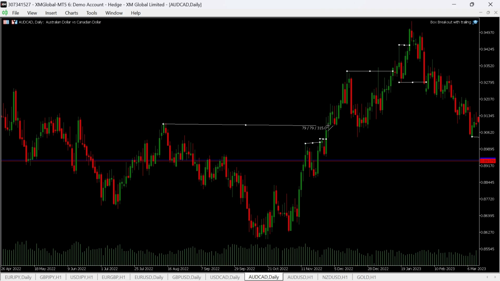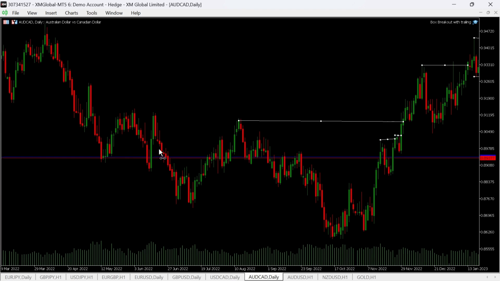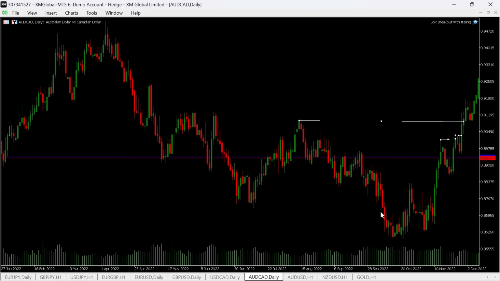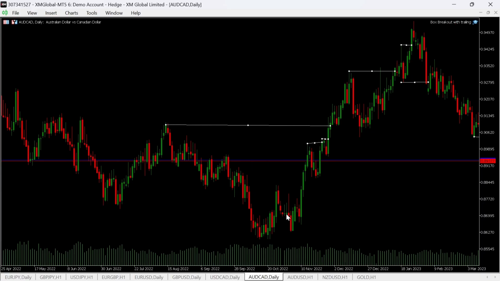Change of structure, or some call it market shift, because trend changed from a downtrend to an uptrend. As we can see, price broke through this, I mean lower high, and came back to a retracement, and